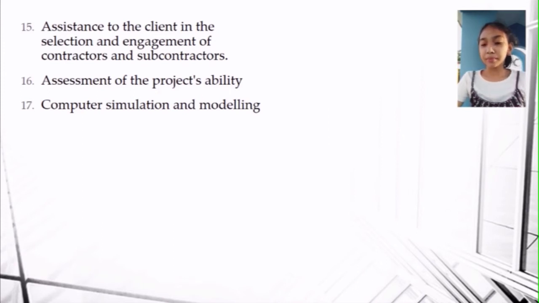Number 17. Computer simulation and modeling. Modeling and simulation enables designers to test whether design specifications are met by using virtual rather than physical experiments. Simulation is particularly important for the design of multidisciplinary systems in which components in different